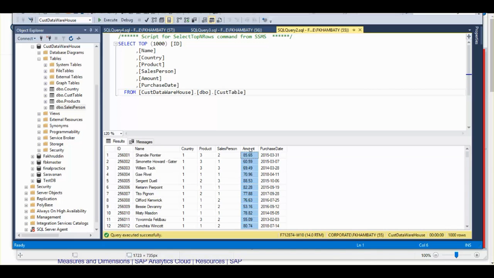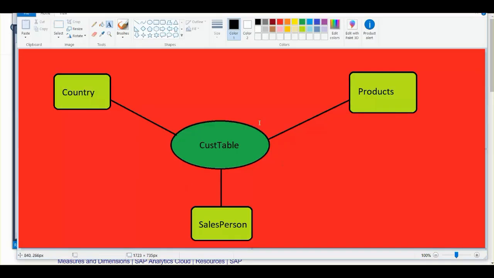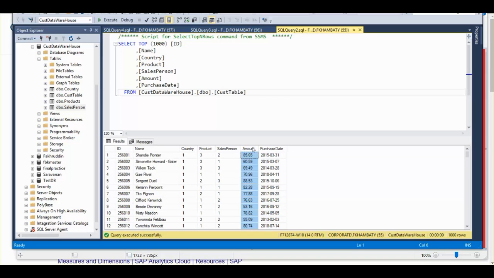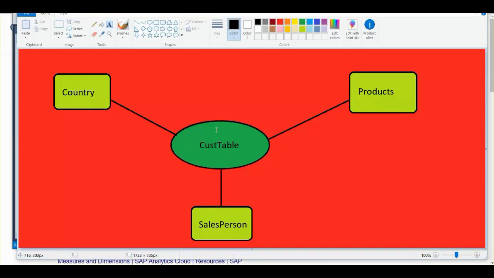So, in that sense, if you understand this particular example, let me switch to this particular diagram. So in center we have cust table. Because in cust table we have a column called amount. Now all calculations that I'm going to do are based on this particular cust table in the column called amount. That is why it will become my measure table.